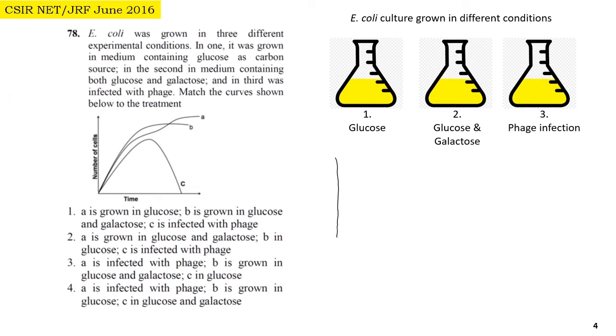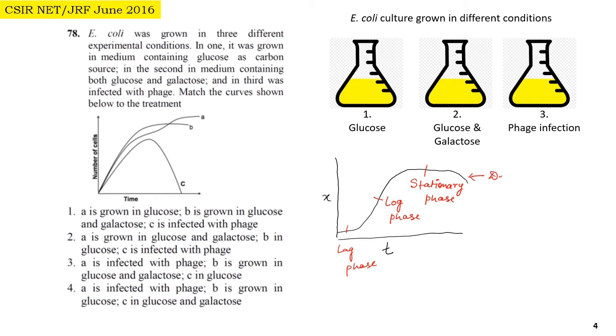So this is the y-axis, this is the x-axis, this is the increase in bacterial cells, and this is time. So the increase in bacterial cell number with respect to time is what we call the bacterial growth curve. The E. coli bacterial growth curve is somewhat like this sigmoidal growth curve. Okay, so there are 4 phases in this growth curve. This is lag phase, this is log phase, this is stationary phase, and this is decline phase or death phase.